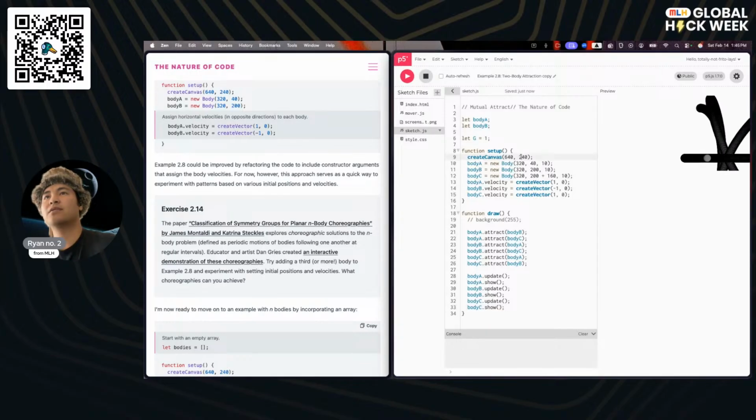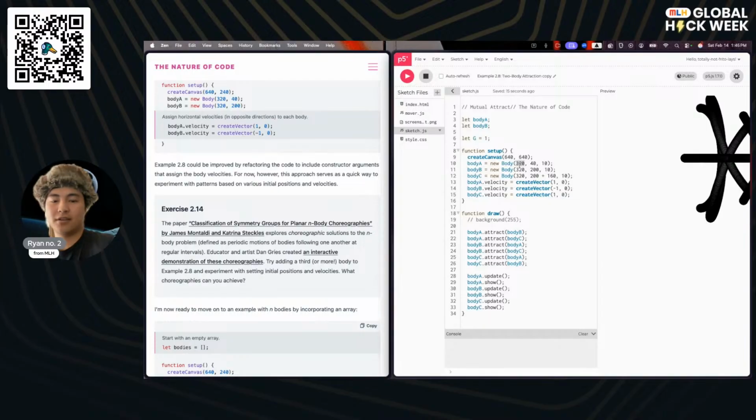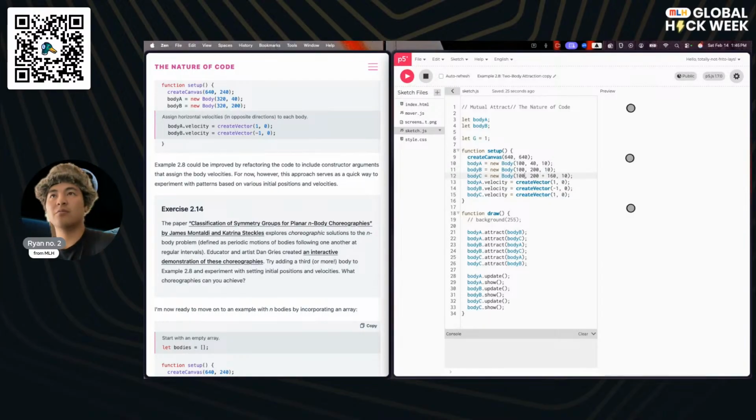Let's make the canvas taller. Hmm. Let's also, instead of making it 320, make it 100 so that we move everything to the left.